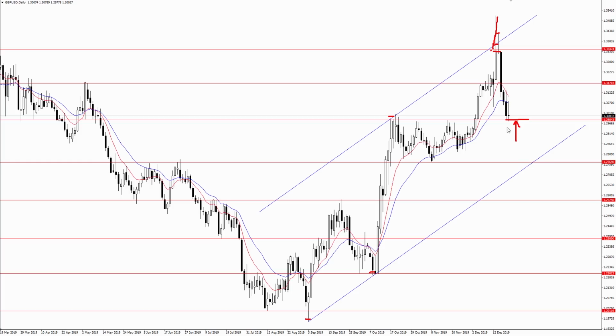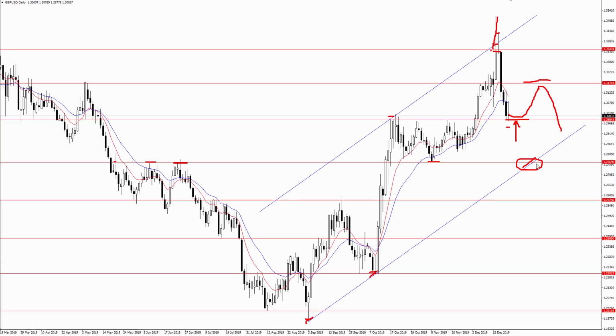However, if we see a close below that, that could take us back down to this confluence of support right here around 127.70, based on this low right here and also these highs from earlier this year. Notice too how 127.70 intersects with this ascending channel support. Just keep in mind that if we do see buyers defend that 129.80 support level, we could see the pound rotate higher once again, perhaps all the way back to 131.70 before we get that next leg lower.